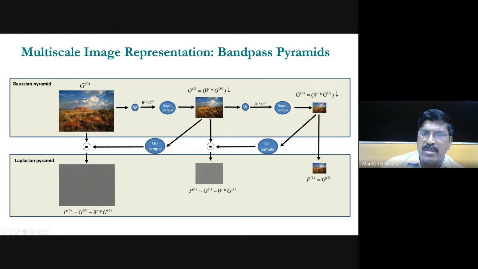So the size of this upsampled image will be the same as this image. But this is the reconstructed image, right? And this is your original image. If you take the difference, you know that after low pass filtering, Gaussian filtering, you are passing the low frequency. So here there will be more low spatial frequency components, and the high frequency components will be removed. When you are reconstructing that image, the high spatial frequency component is already missing.